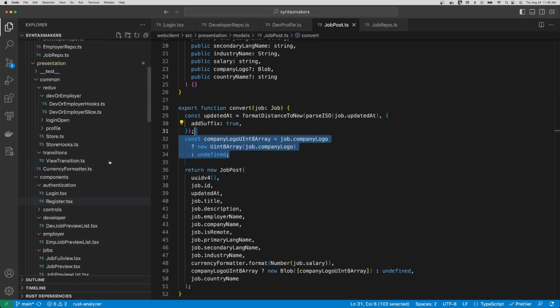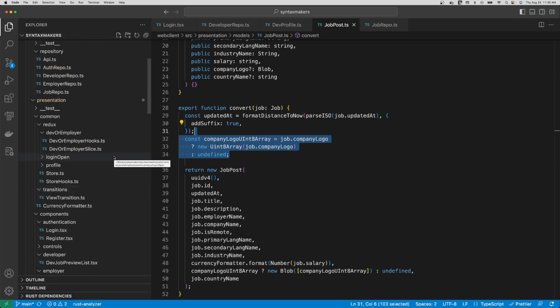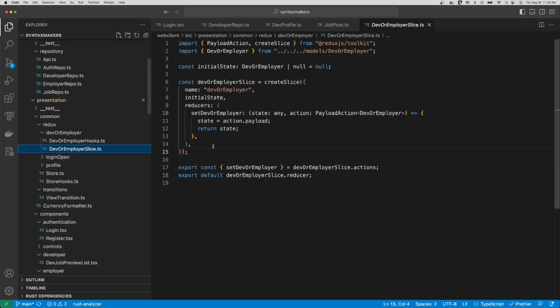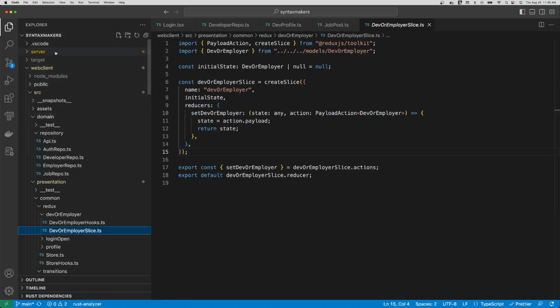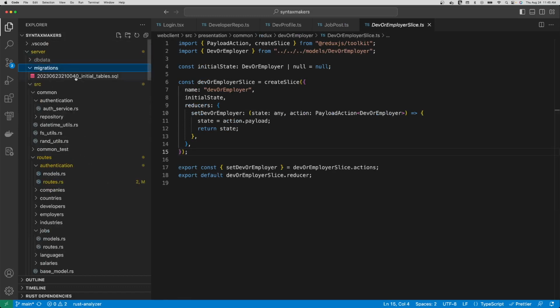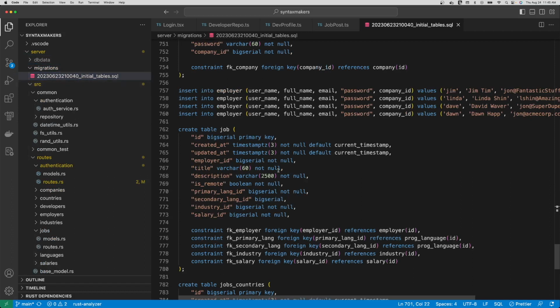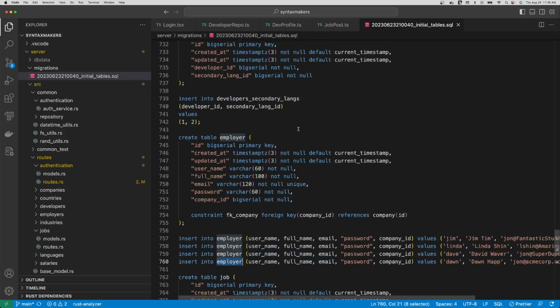Okay, so then we have, right, so I told you about this thing, or I showed you this thing. So why I have this is because I have two types of users. So if we go back into the server, we can see here that I have this employer type representing the person posting jobs, and then I have this